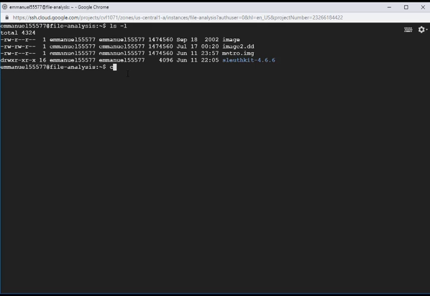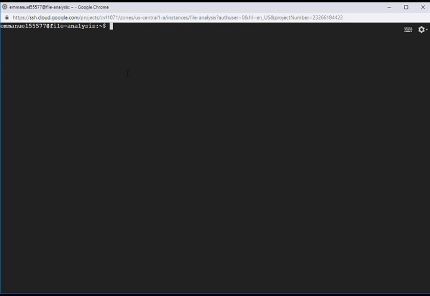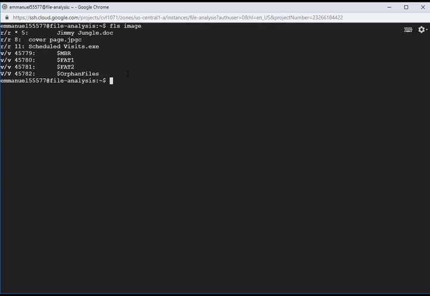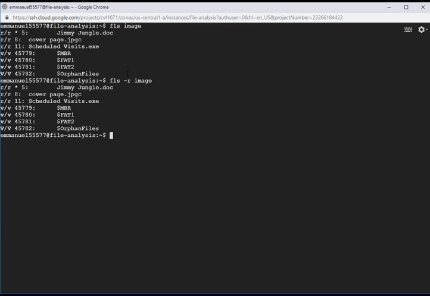Alright, so let's go ahead and do a simple image analysis. I'm going to run FLS against this image to list all the files that are in the root directory. To search recursively, all I have to do is come over here and then it will search this directory recursively. Now, you may not see the difference for this image because there is really not a lot of any folder